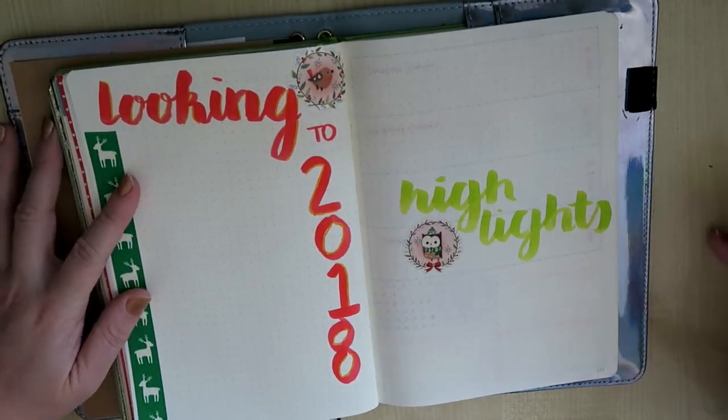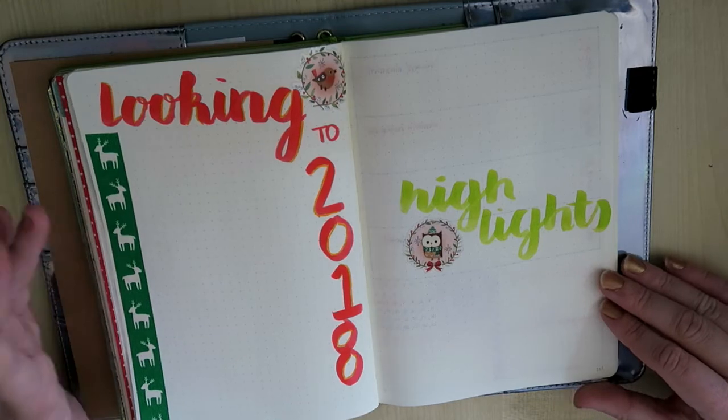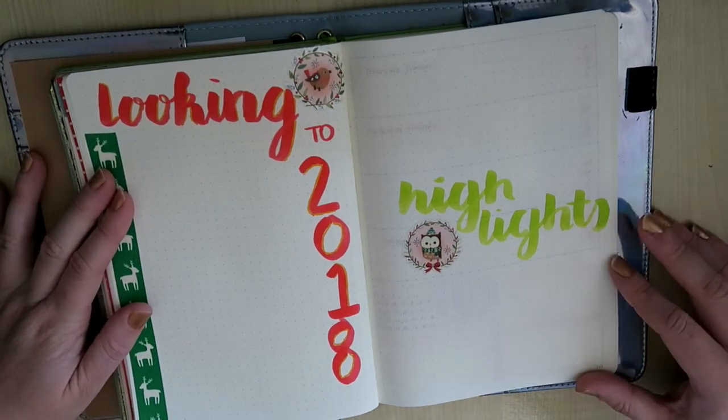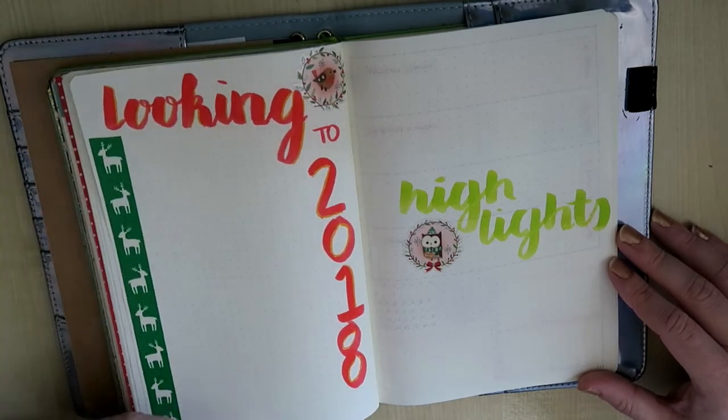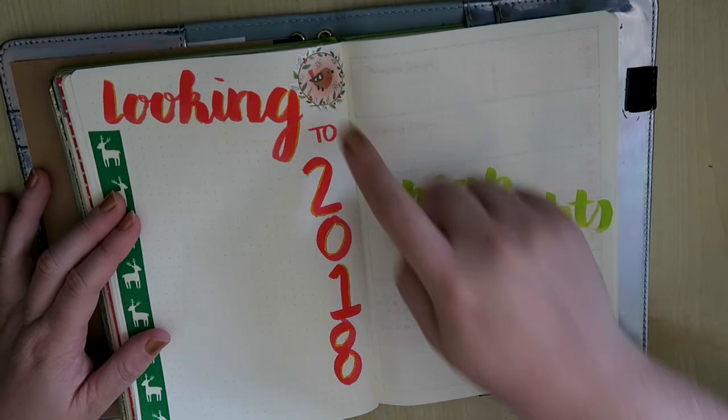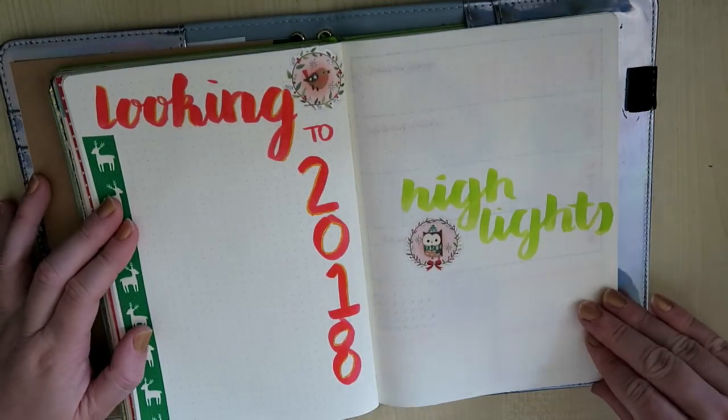Looking towards 2018 page, so any tasks that are coming up for next year, I have a lot of appointments that are already needing to be booked in, so I'm just going to write them down here so I don't lose them. My highlights page, and these stickers, by the way, I found in a local,